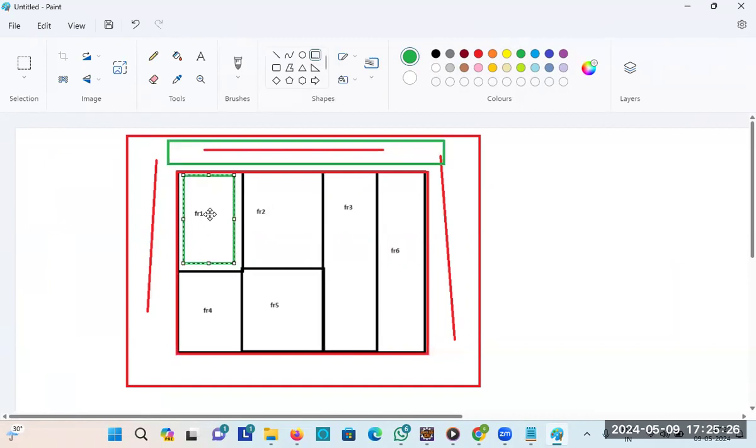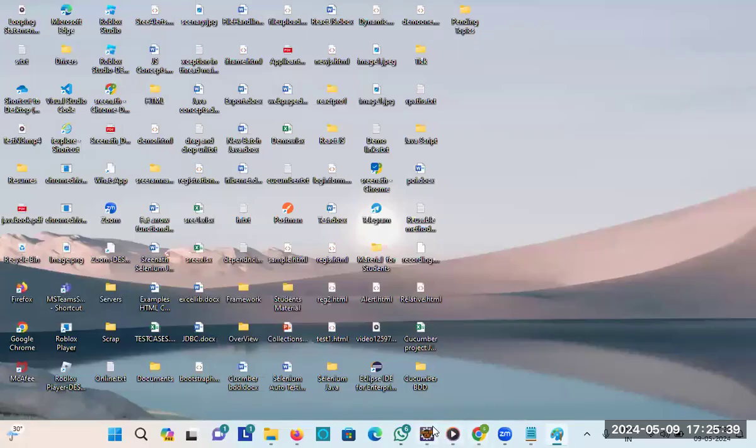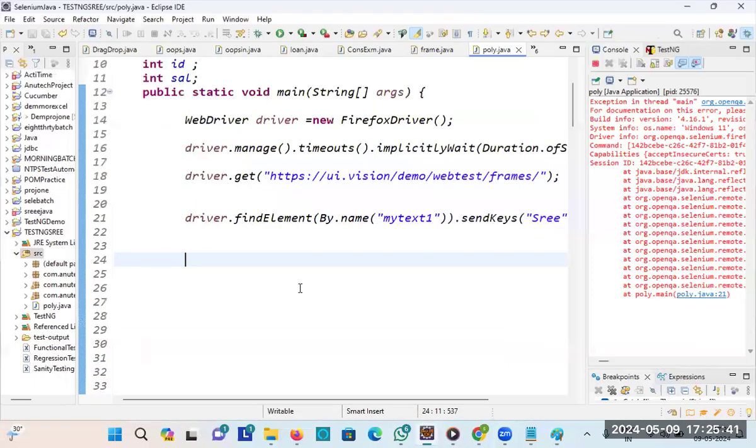This is not able to identify because our driver is located here only. Now we are not transferring to this particular HTML, right? Okay. Yes, sir. Got it. In such situations, what we will have to do,